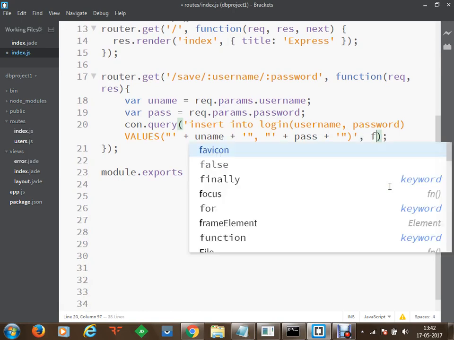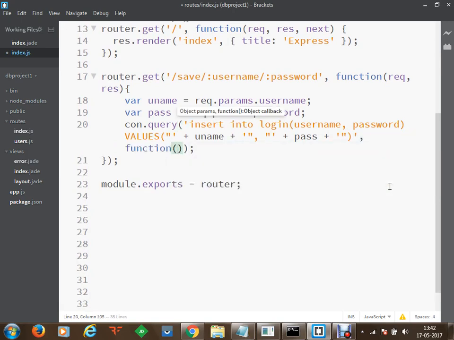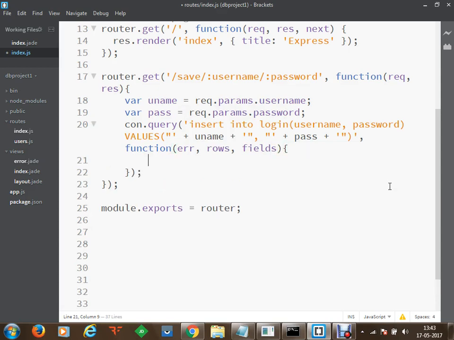Now once we are done with this, we are going to execute a function. This function will give you errors, rows and fields. In case you want to get something from this, we can identify how many rows have been selected or whatever rows have been returned.